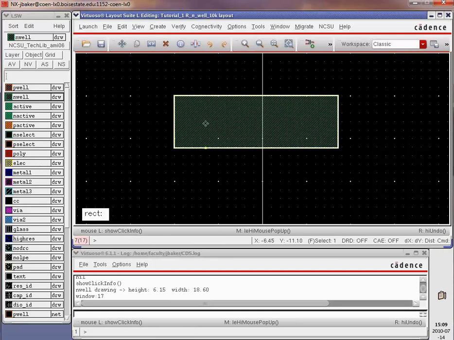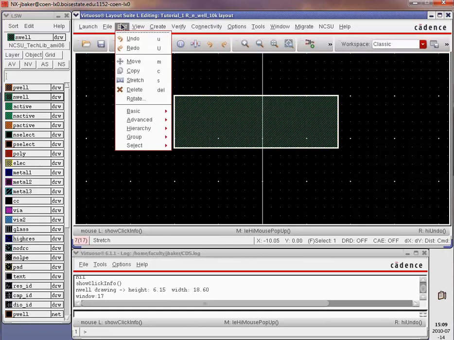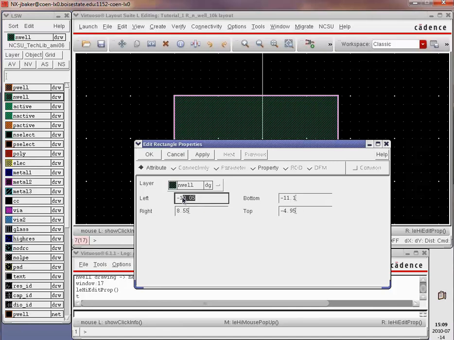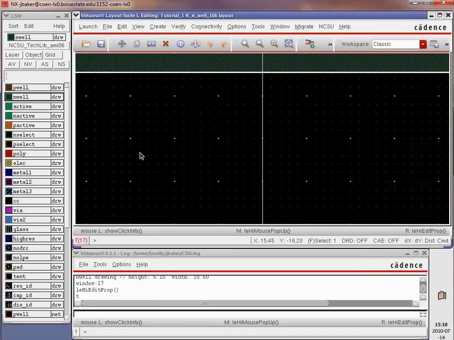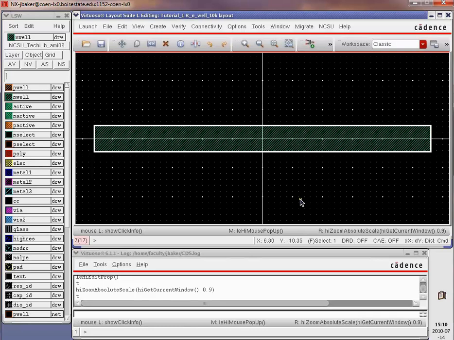Now I'm going to select this object and I'm going to hit Q, or Edit, Properties, and I'm going to set the left, it says 56, so I'm going to set the left to -28, the right to 28, the left to -28, the bottom to 2.25, and the top to 2.25. Hit OK, place fit. Okay, so there's our resistor, which has a number of squares that should correspond to a